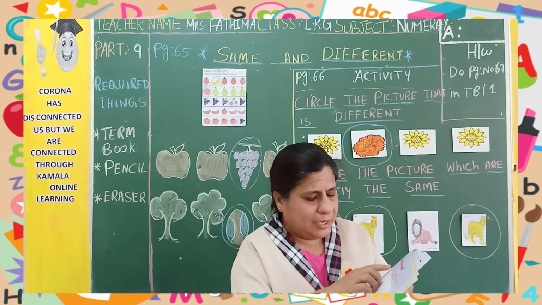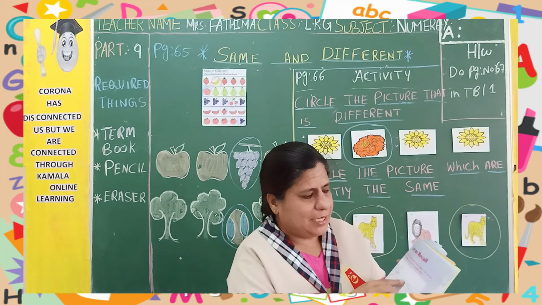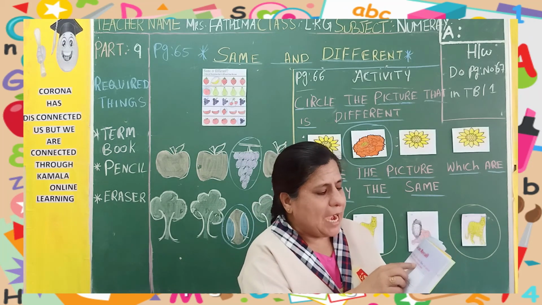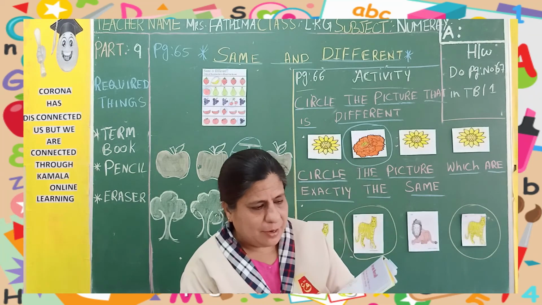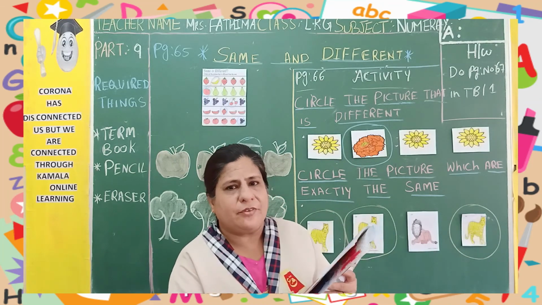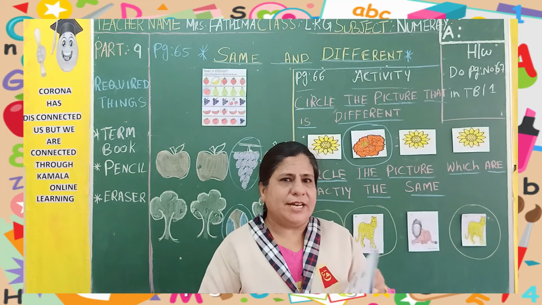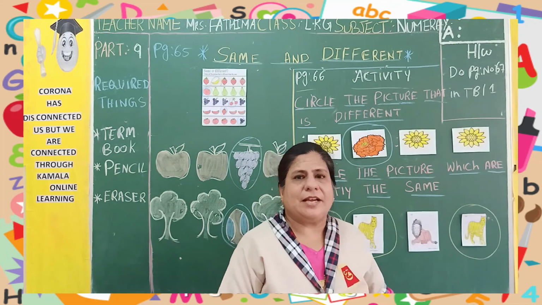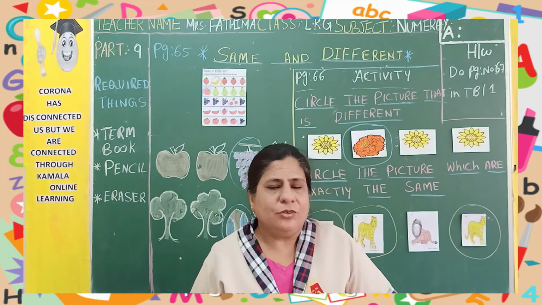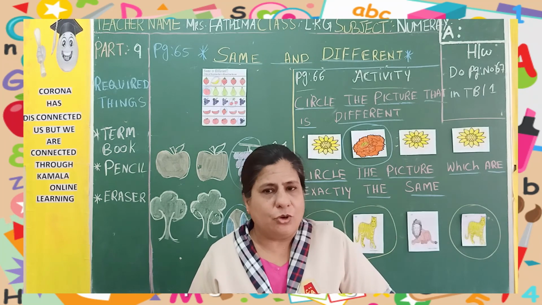Long object green. Which is a long object? This is a green. And short animal. Which is a short animal here? Dog is there. Dog we should color with the pink. I hope you all understood, children. Your parents will give the crayons. You have to do the coloring. Do it properly. Don't scribble and don't spoil the book.